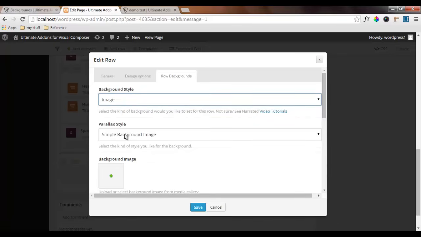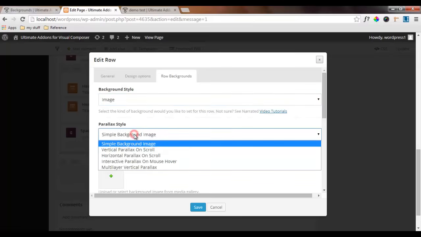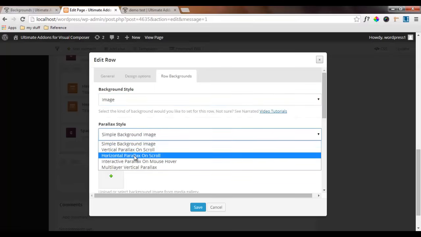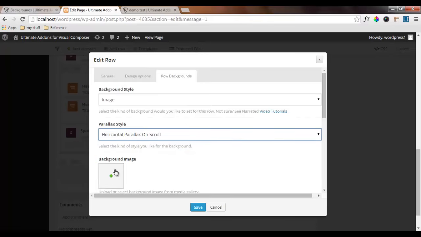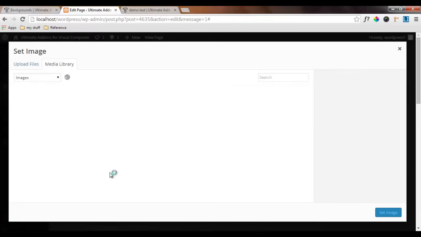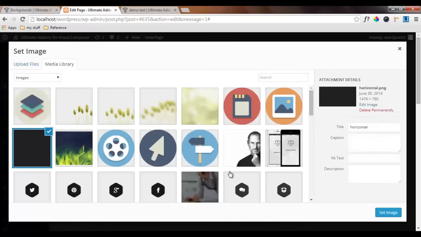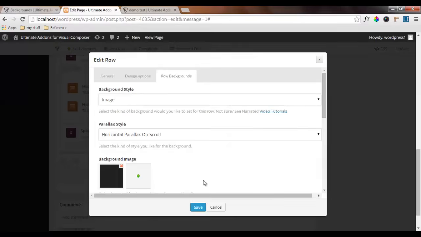Into that, after that we have parallax style, so right now we want horizontal parallax on scroll, so we'll select this option, and now I'll be selecting my image from my media library. So here is my image. I'll select it,